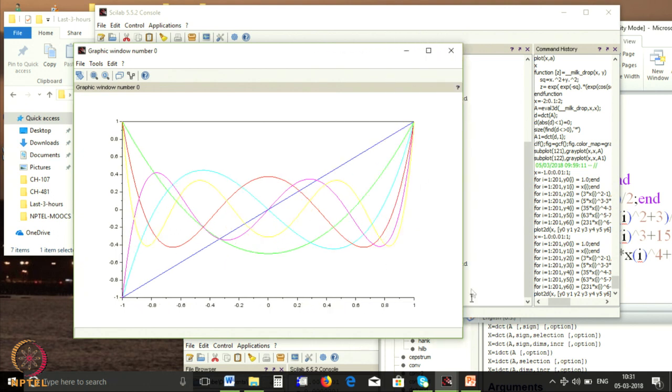So, let us now see whether it has done all right. The first function was a constant function, y equal to 1. So, this is the first function, which is a constant, no dependence on cos theta. The second function was exactly y is equal to x. So, this is my second function. What is my third function? Third function is 3 cos square theta minus 1 divided by 2. This is my third function.